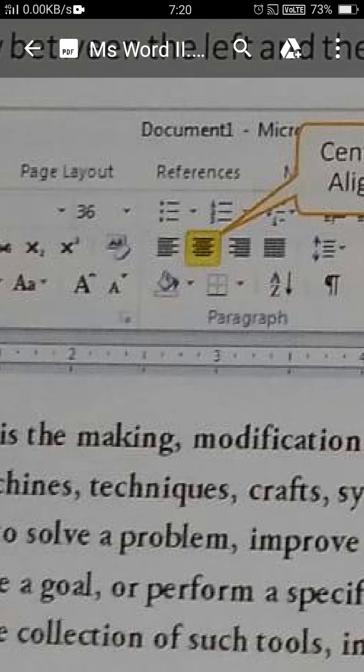Suppose you are typing text and at the end of the line one lengthy word came and that word doesn't fit at the end of the line, that word will skip to the next line, and from the right side it may be that the alignment doesn't be in the straight line because we have chosen the alignment as the left, means from the left side it will come equal, no matter whether from the right side it will come or not.